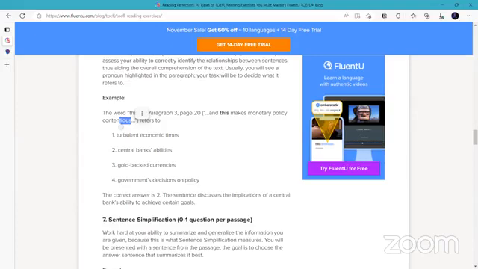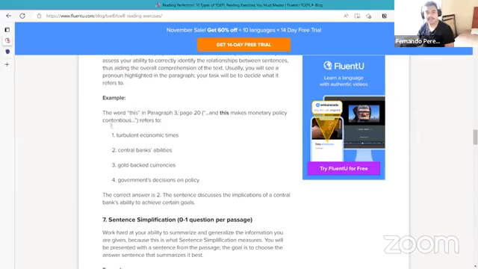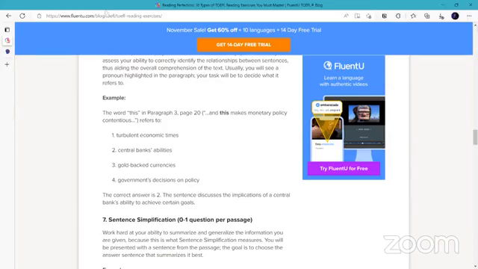For example, cautious, contentious. Contentious. And this makes monetary policy contentious refers to: